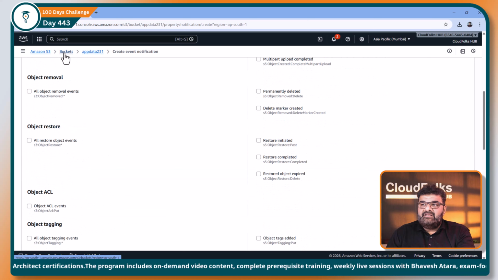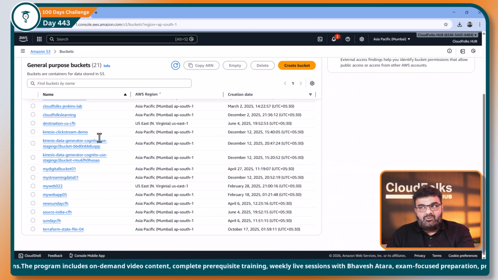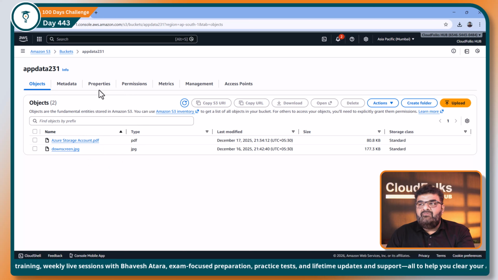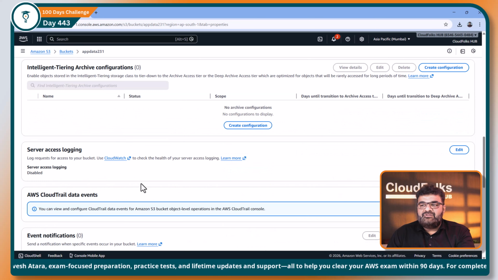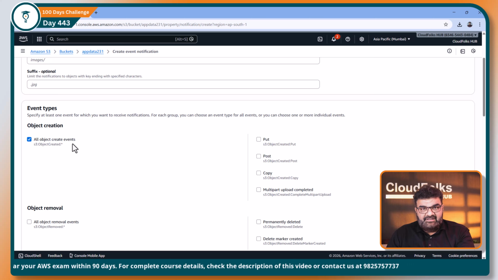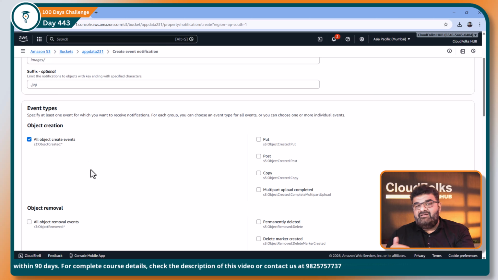Let me go to one bucket. Here I have so many buckets. I'm going to this particular bucket, app data 231. Now, when you go to the bucket properties, you will get this option of event notification. Here I can click on create event notification. I can choose the event type. Let's say I choose this one, all object create events, which means whenever a new object